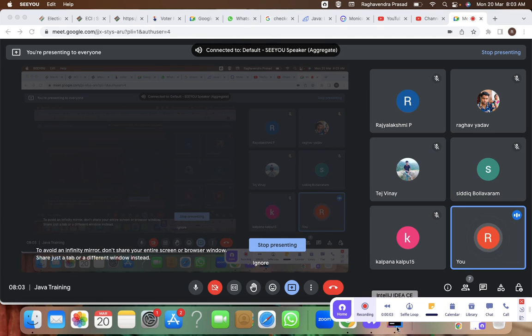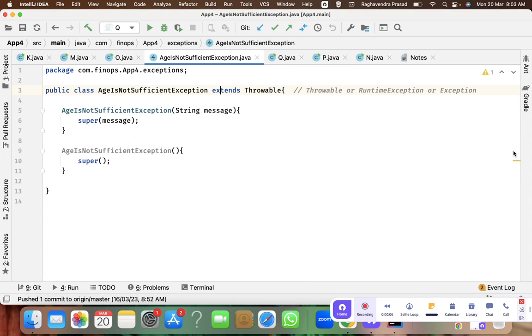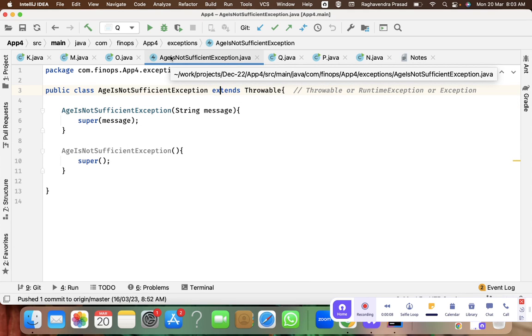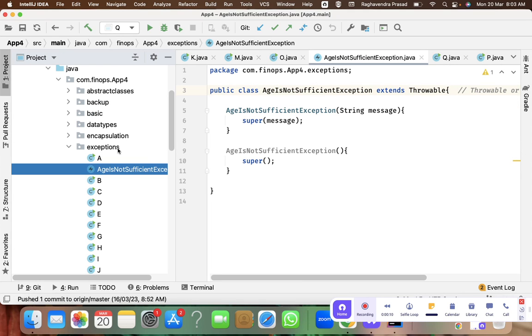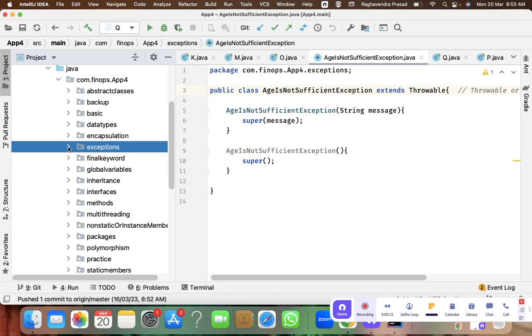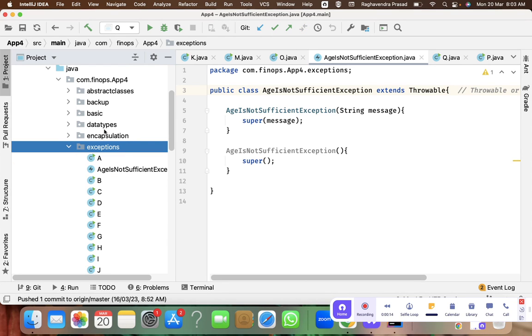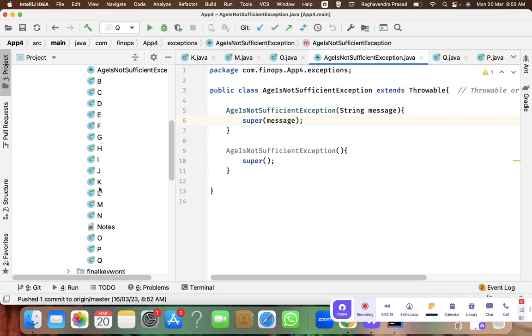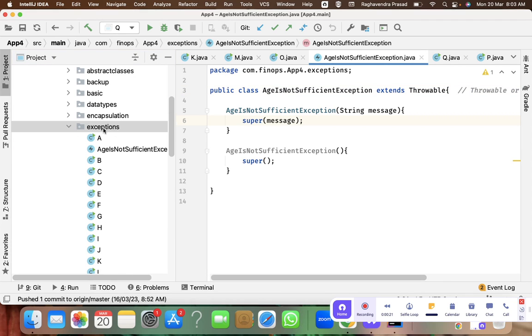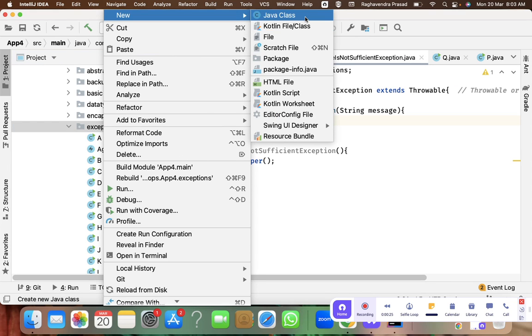Okay, I am opening IntelliJ. So we have learnt about checked exceptions, unchecked exceptions, and also defining our own exception. Right. So let's learn a few more internals of exceptions. Class new